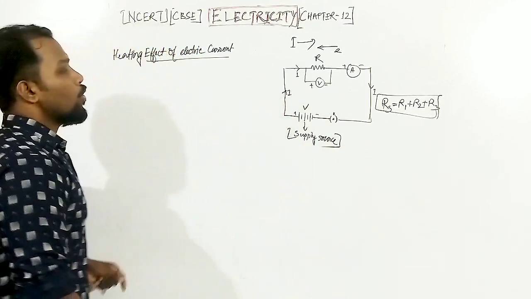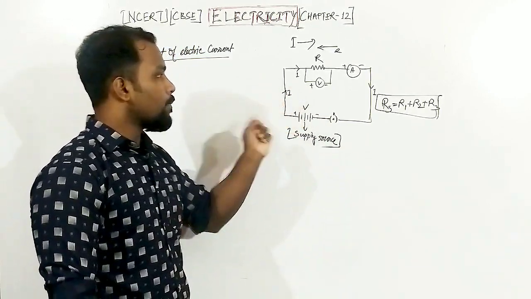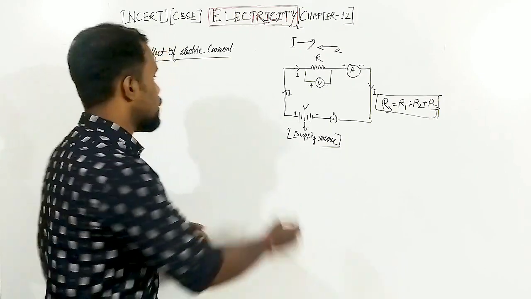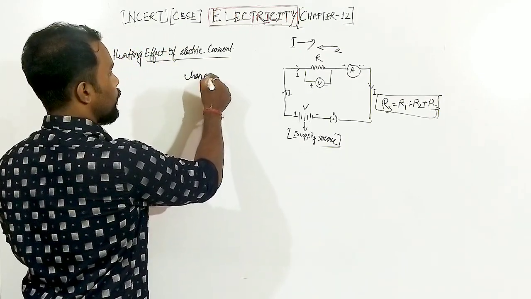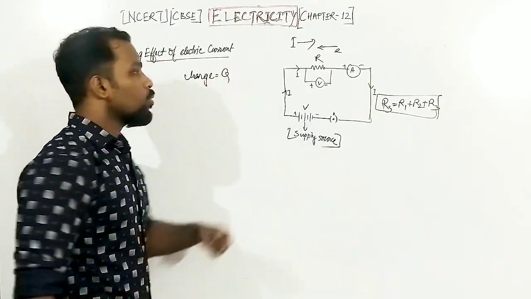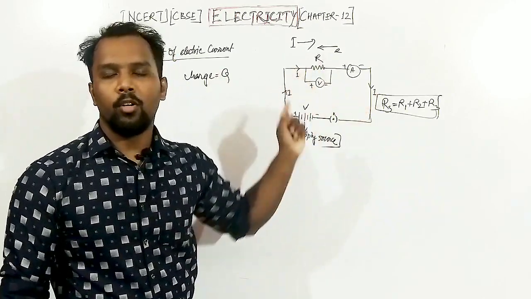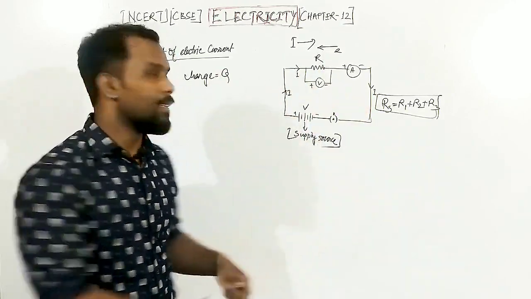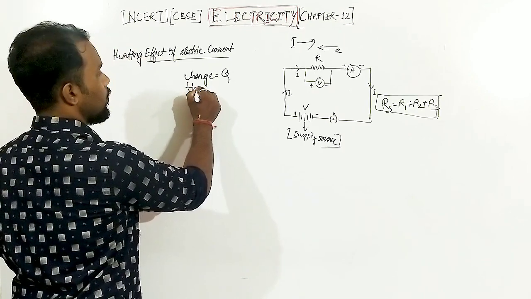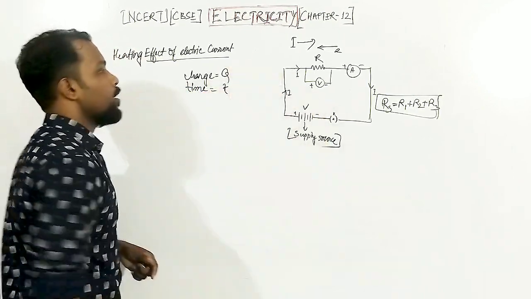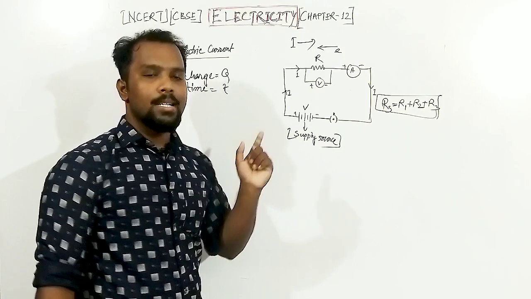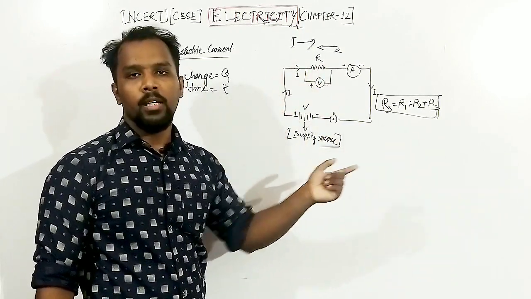For that, what is going to happen? There will be a flow of charges. Charge is known as what? Q. We will consider that charge is flowing for a certain amount of time, small t. Whenever there is a flow of charges and a flow of electrons,